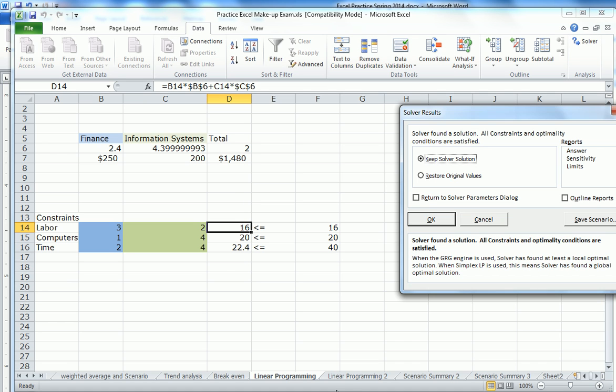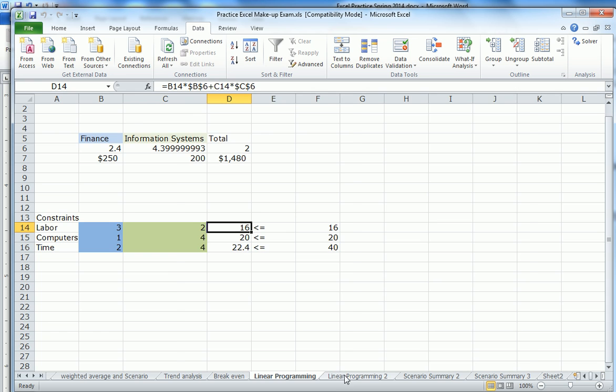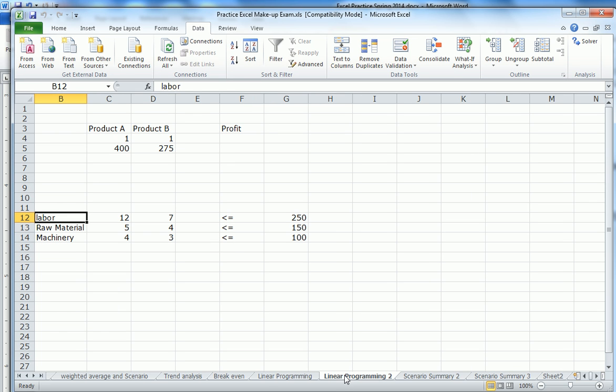There is another example of linear programming, and here we have 2 products, and the prices are $400 and $275, and you have again labor, material, and machinery, and you need to make sure that whatever you use of these is less than 250, 150, and 100. So first thing, remember, is to